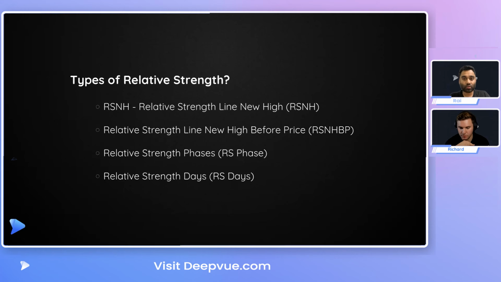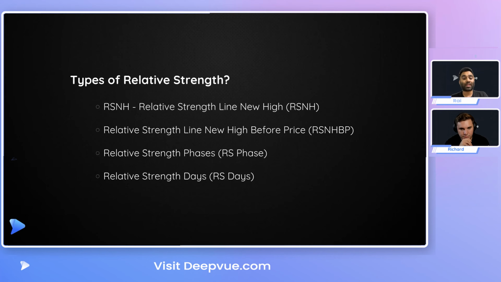Or when you're scanning through and you want to visualize the relative strength line, you're looking at stocks in the RS phase. That means that on a net 21-day basis, the stock is outperforming the markets, and that's also good information as well. Within Deepvue, when we get to the indicators and we showcase this, you could change that 21 to 10 if you're trading smaller time frames, or you could change that 21 to 50